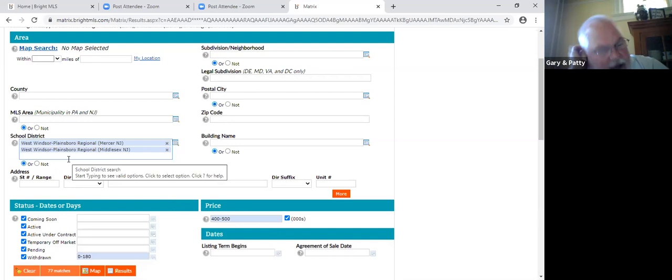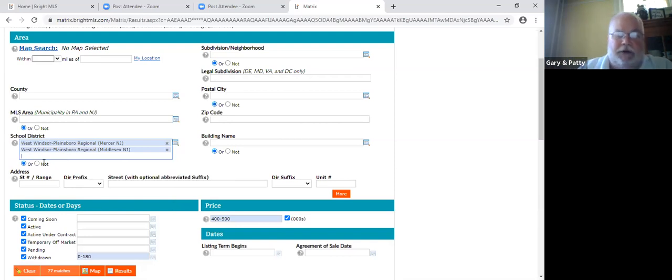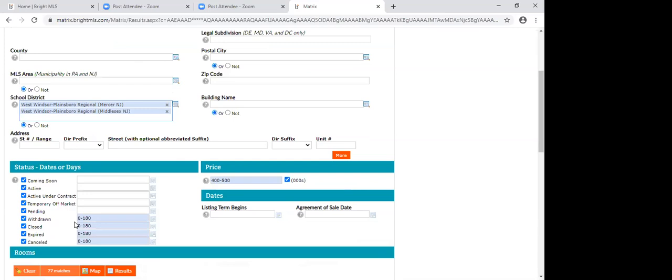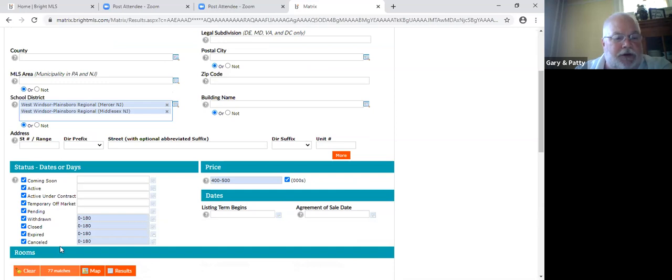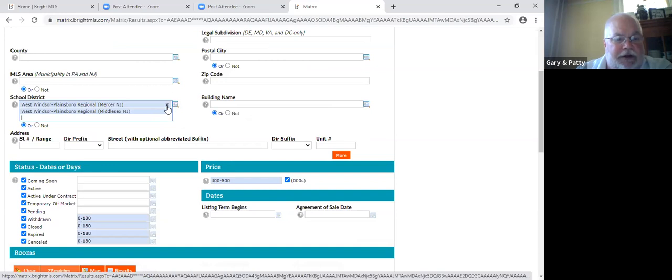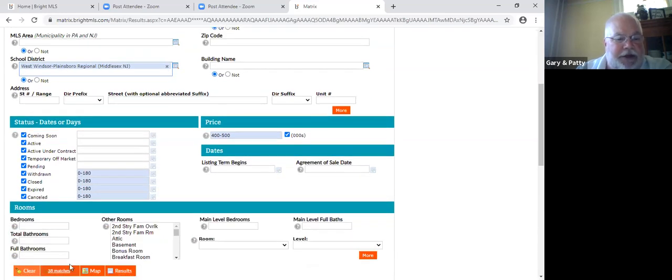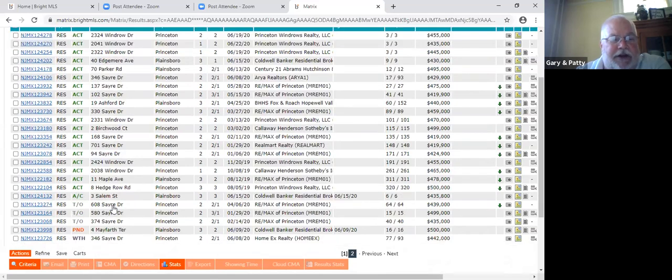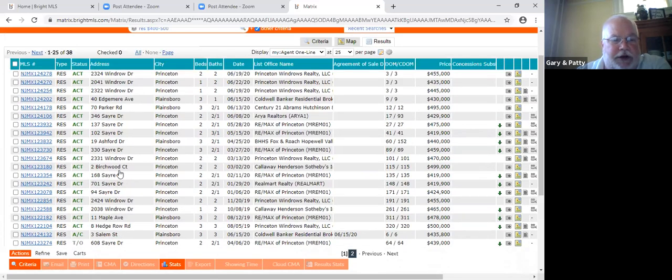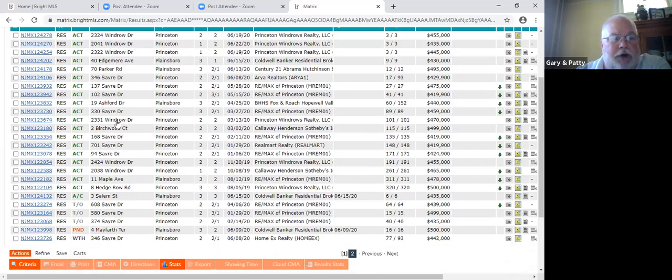All right, so now we have almost double the results. My guess up front would be that it's going to be a similar result. So let's take this first one out. I'm going to just stick with Middlesex. We had 39 before, now we have 38. So it's probably very similar. They probably do compete. Oh, it isn't. Look at this. Look at all the actives here. The only criteria we changed was the school district, and we have triple the actives.